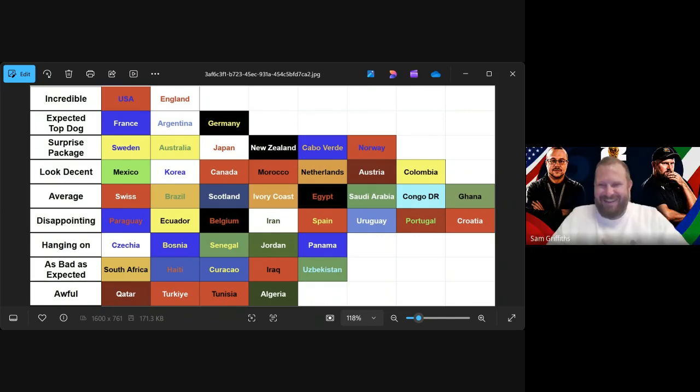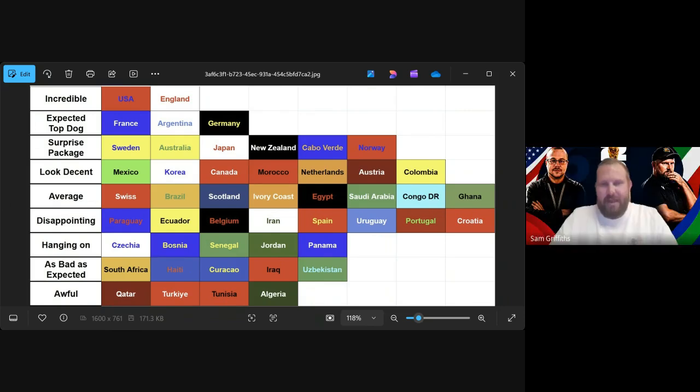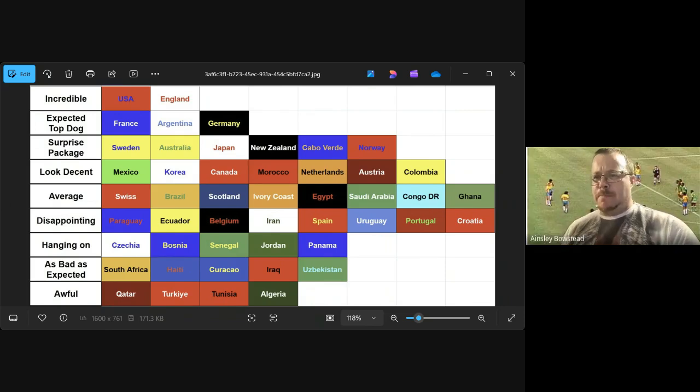I will tell you to be straight though, a team that has disappointed me, because we talk about Spain and Portugal, because we expected them to win. It's Bosnia. I know they qualified through the playoff system, beating Wales and Italy, and they beat them both away. I know they went on penalties, and they did it by being a team that didn't give up until the end.